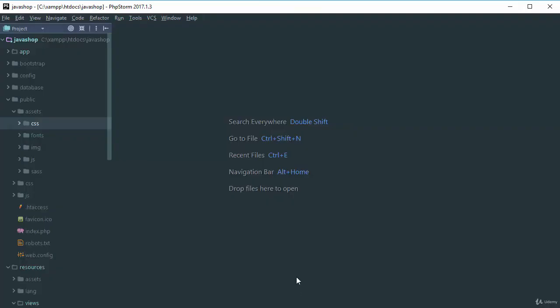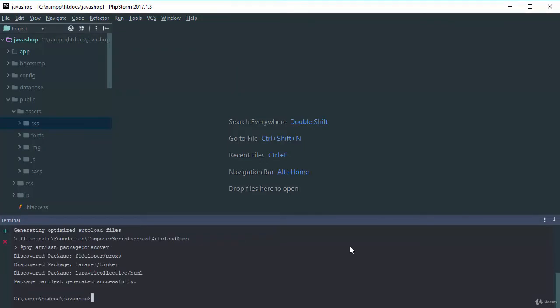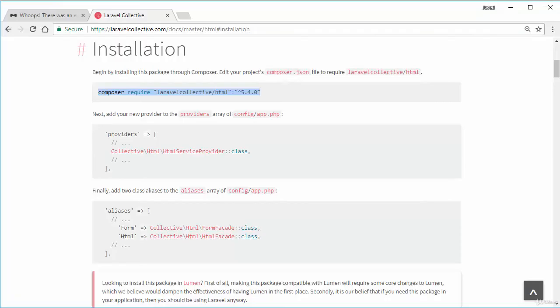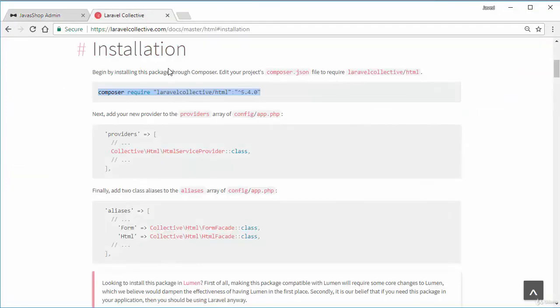So if I come to my PHPStorm on the command line and paste the command, it will just take a few moments to install. Okay, Laravel Collective is successfully installed. So let's check. Well, this works. I think it still does not work, because we need to